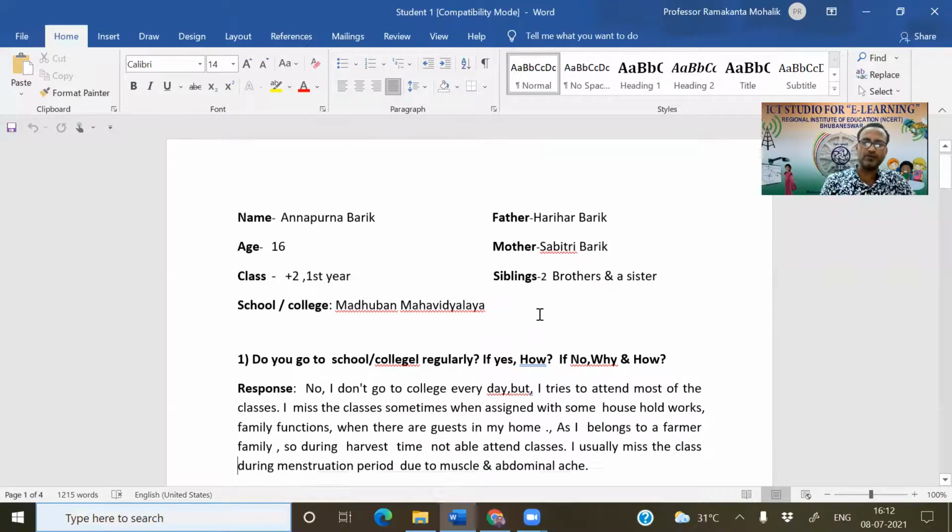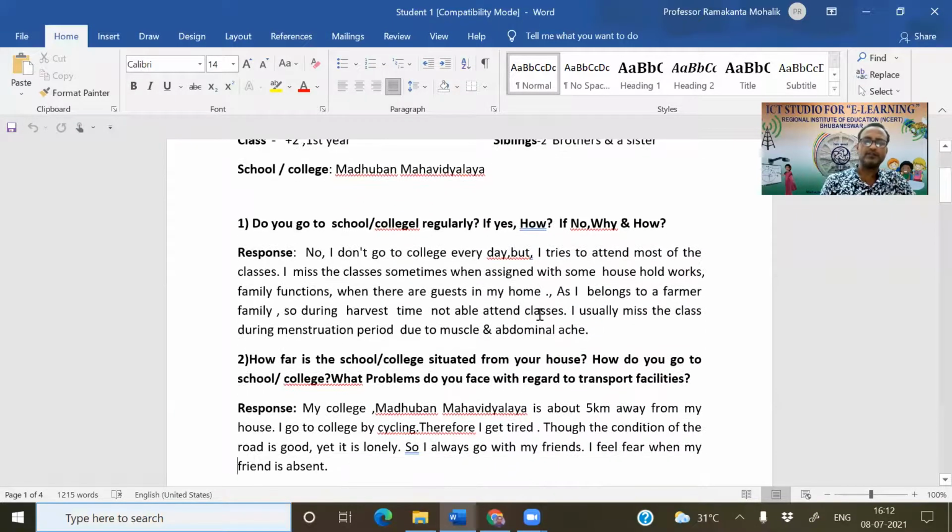Then if you go down, you'll see this is a question: Do you go to school or college regularly? If yes, how do you go? If no, why are you not going? This is a question that was asked to the students.